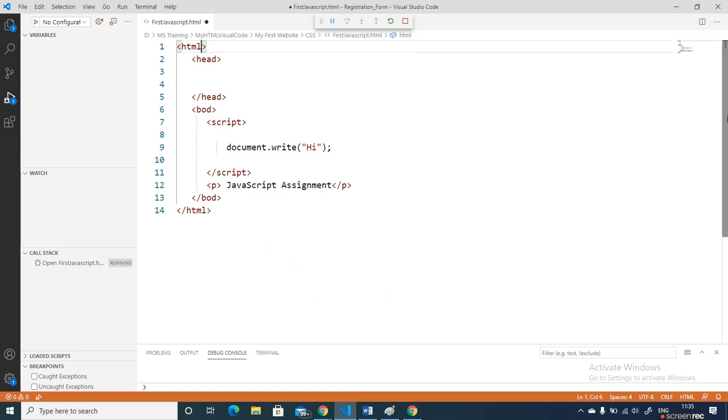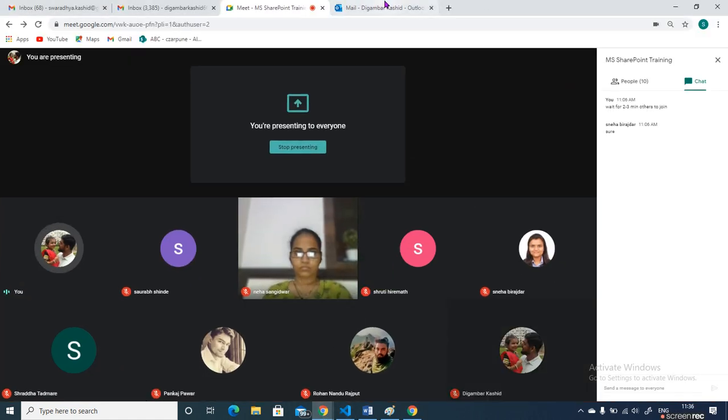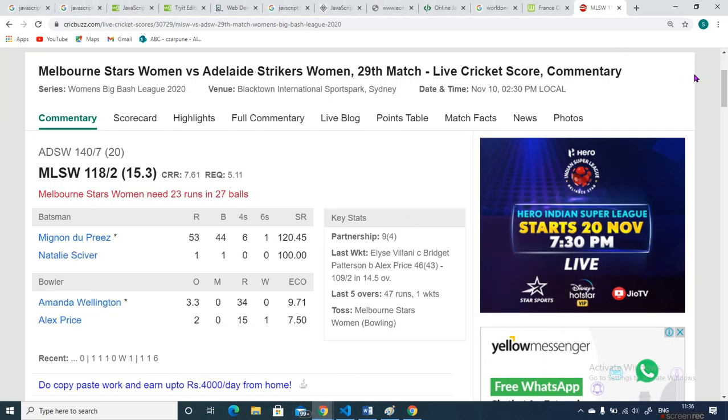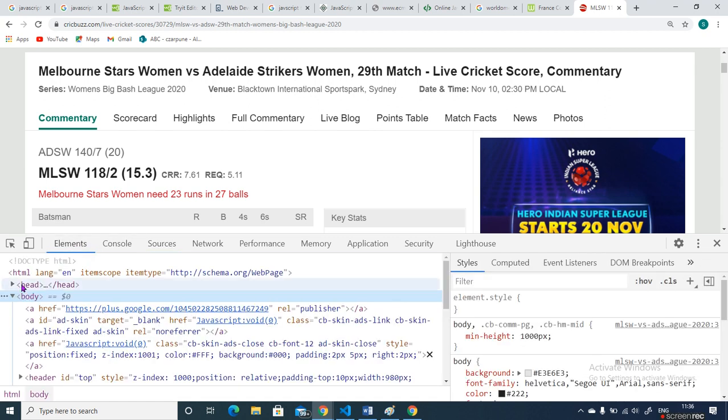Whatever you have written in this HTML tag is treated as a document. Let me show you on any simple live site. This site is there; I press F12 and go to Elements. You can see here doc type HTML is written. Many times we write this doc type HTML.